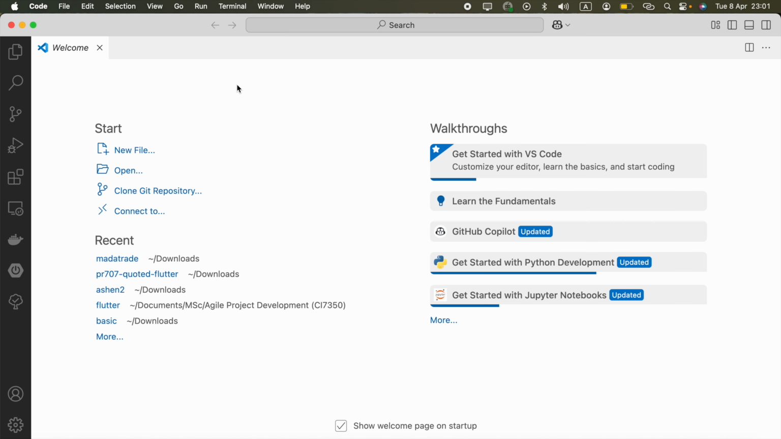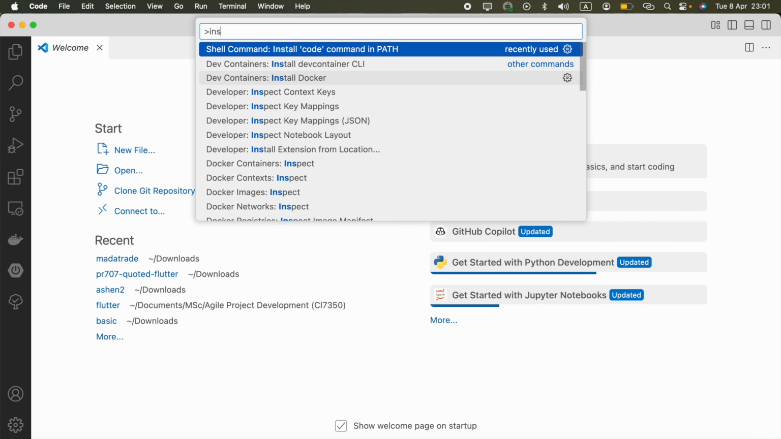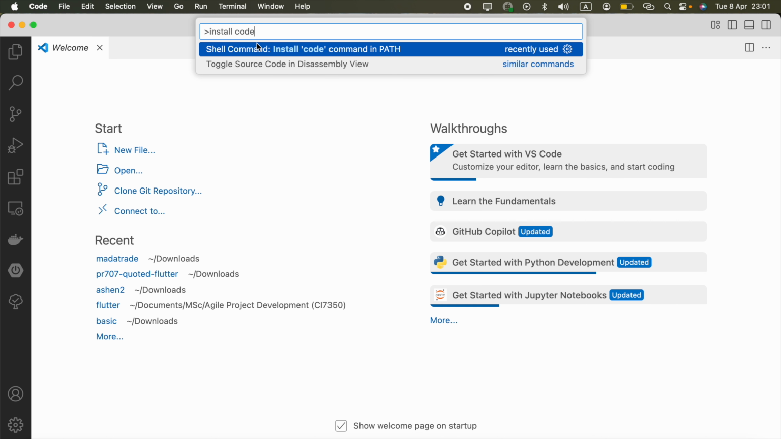all you have to do is open Visual Studio Code and press Command Shift P together, and here you have to type "install code". Now you will see this "Shell Command: Install 'code' command in PATH" suggested to you, and press